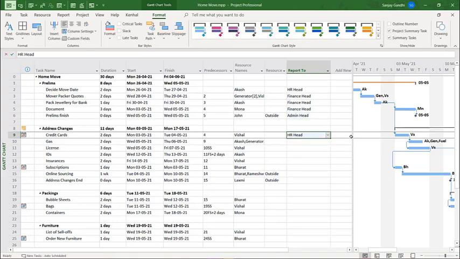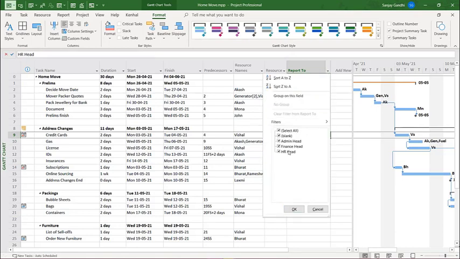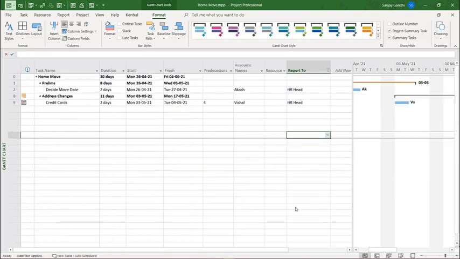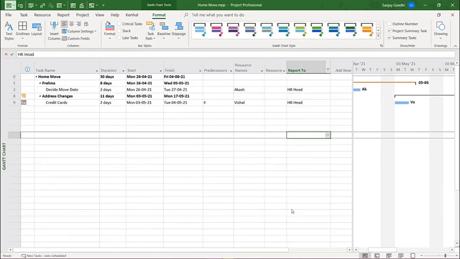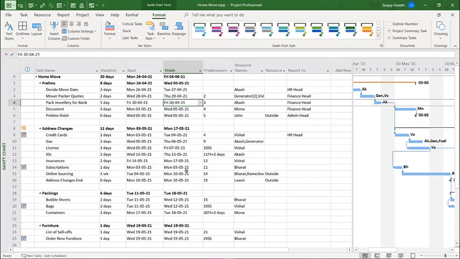This way I can go to the report to field also and try to filter on any of these options available over here. So I can check only for HR in that case and get these entries available like that. That is the way I can filter and get to know which are the people in my organization who are reporting to the HR head. Additionally, if I go to the resource sheet, as mentioned earlier,